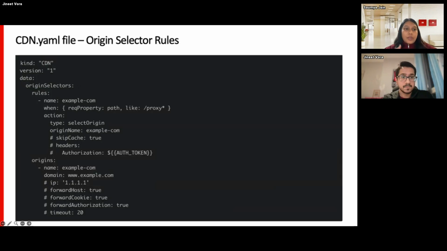So again, you can see that whenever there is a path like proxy or something after that, which is a star, it should go to the backend domain, which is example.com. And we can even give an authorization token. If that domain allows you to log in, you can add an authorization token in the headers. And so in the rules,